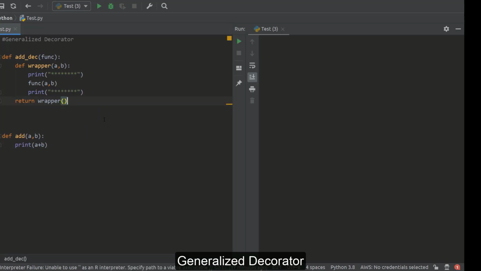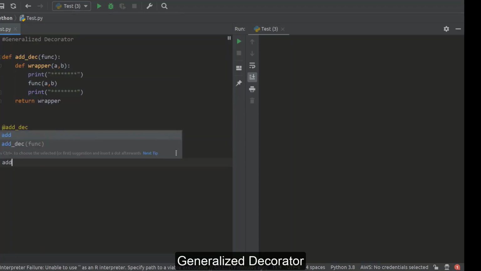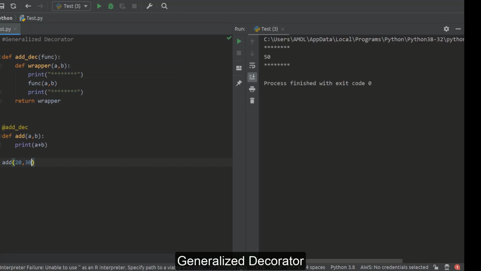So this is the decorator we have written. Now we will apply this decorator by writing this @ sign and the name of this decorator. Then we can call this add method by passing two values here. So this is your outcome. The star lines are the part of decorator and 50 is the answer which is coming from this add function.